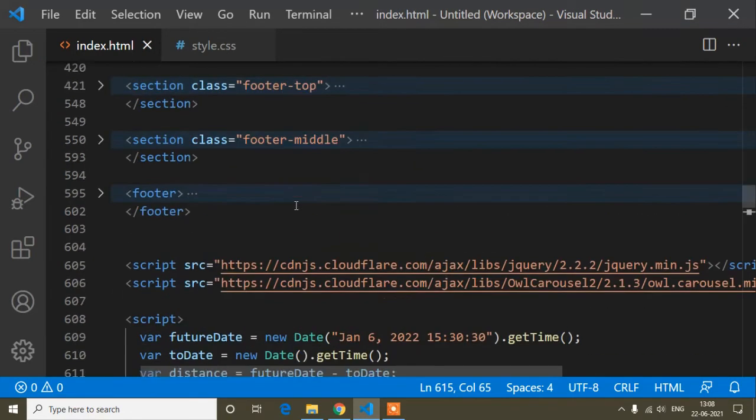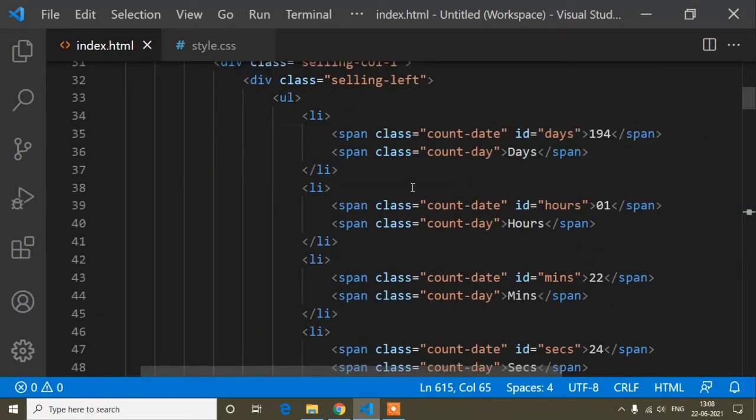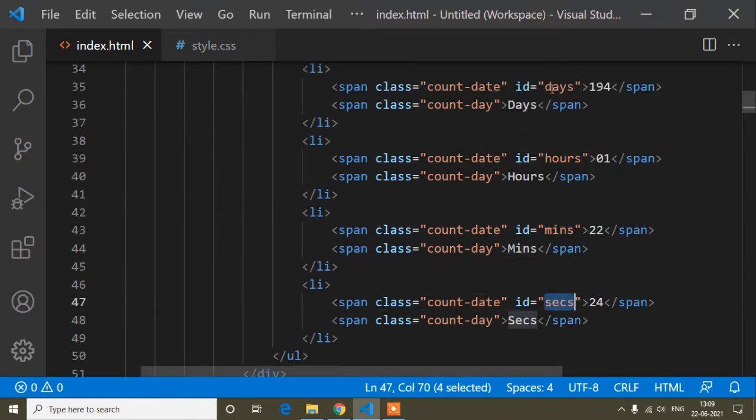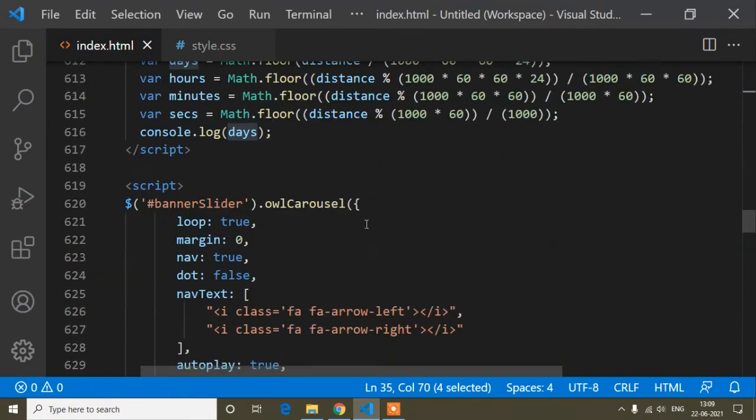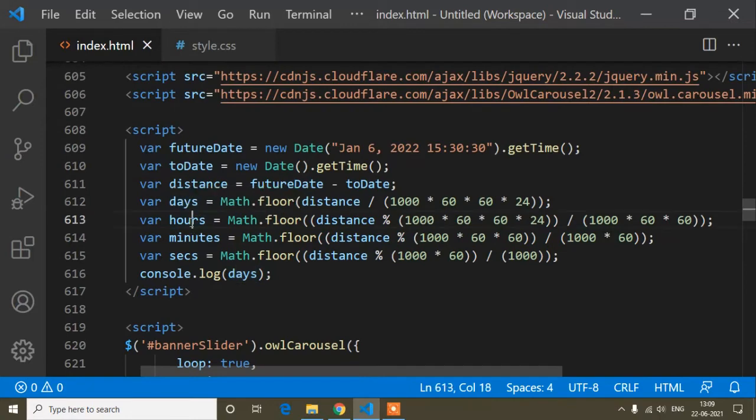And now, every ID, here I have written the IDs, you can see for the days, here I will put days. So I have added the ID names as days, hours, minutes and seconds. For each ID I will store the respective variable, I mean in the days ID I will store days, in the hours ID I will store hours, this way.